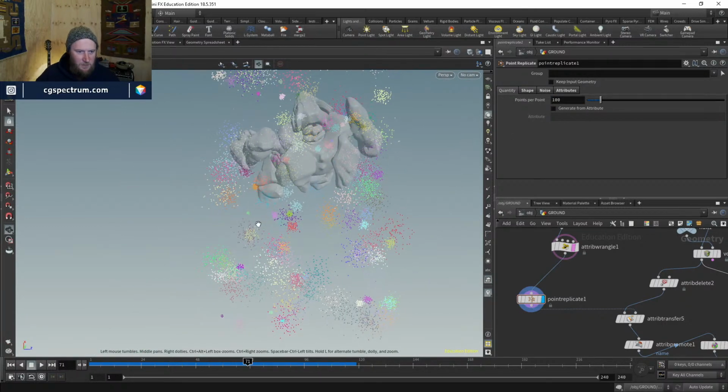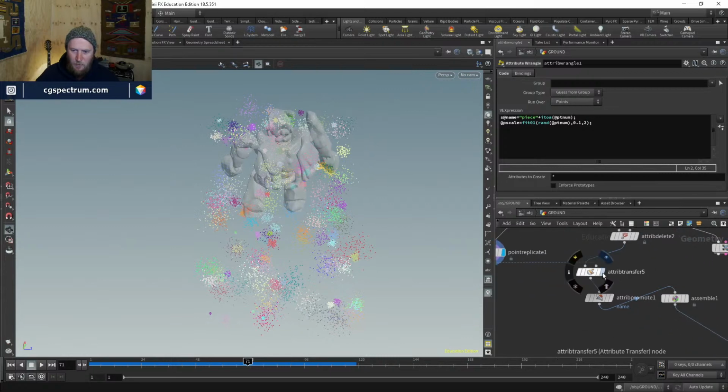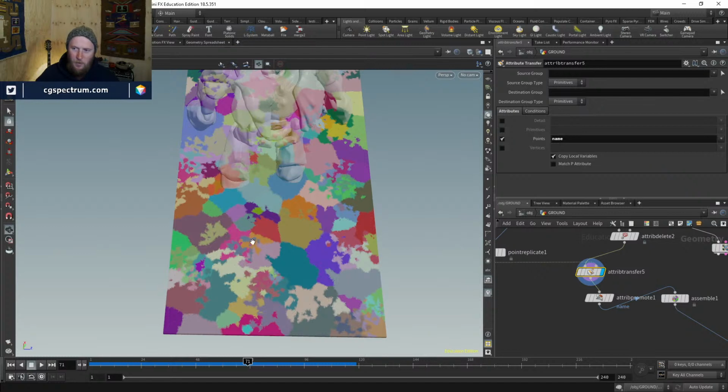There we go. You can see I've got some really small ones and some large ones. So this random p scale is affecting the scale of those, so we'll get some large clusters and some small clusters. You can see I'm getting overlapping here, and that's probably what I want to avoid, because if you get overlapping, like that's...